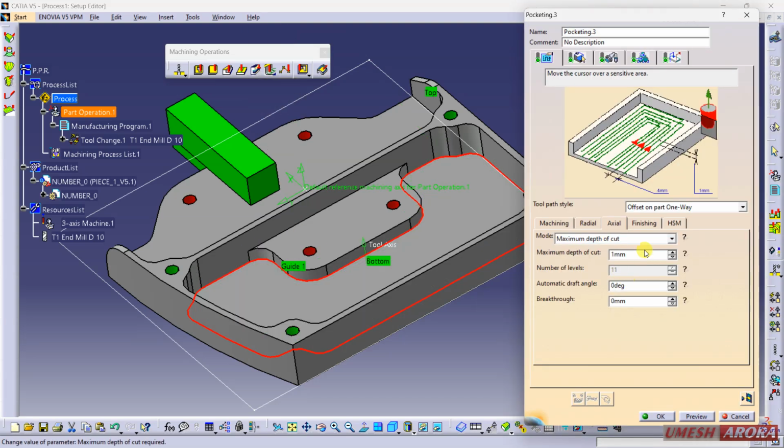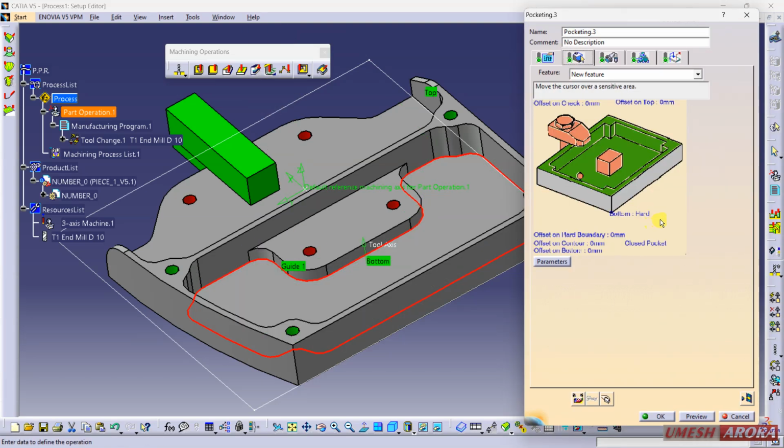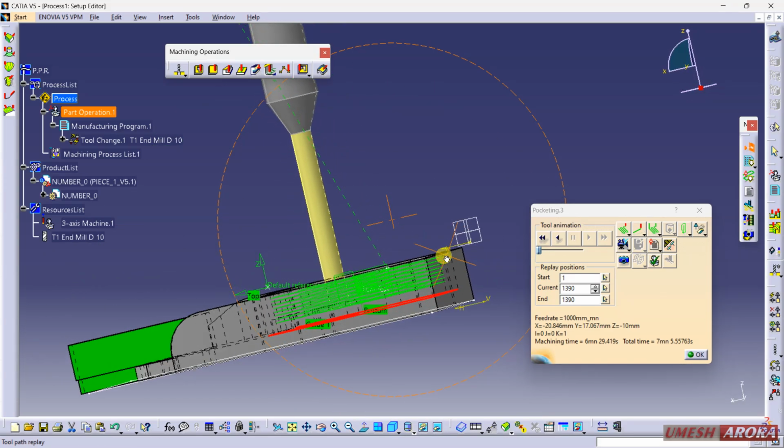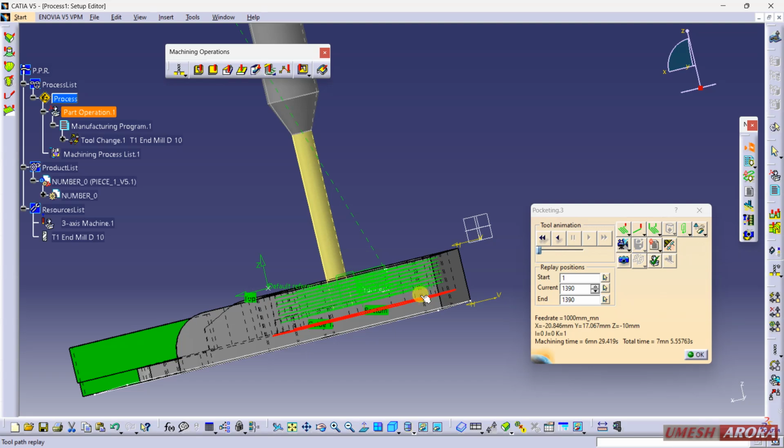Click here, come to this one, and here you can see this is the island. So this is the island and we are ignoring it. And if you want some material for finishing on the floor, we have this offset and bottom, so I'm entering 2, 3 and see, but it is not properly visible. So come to this one and come to wireframe, and see from the top, front. So the gap is here.